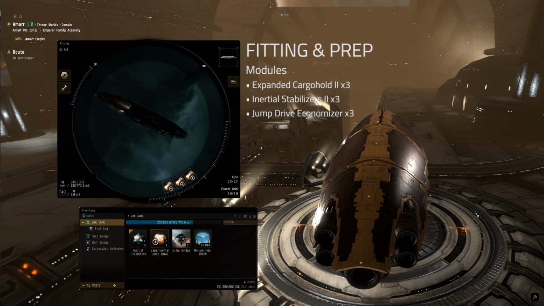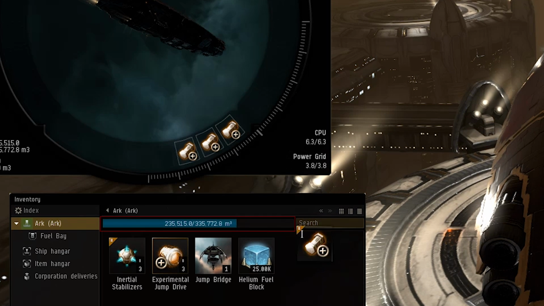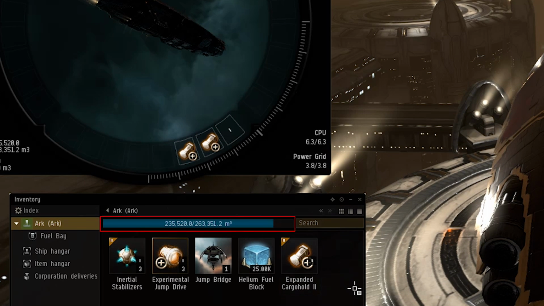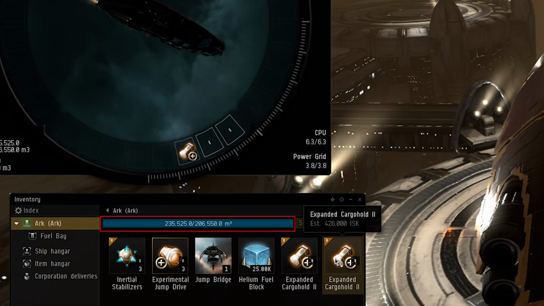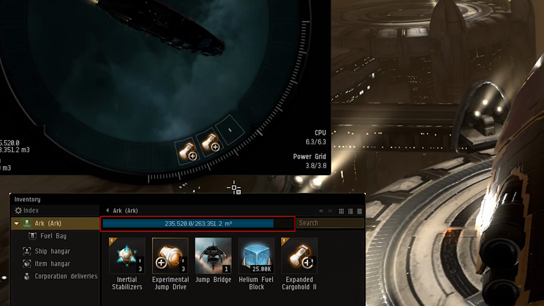So, for fitting and prep on a jump freighter, you are going to need some modules. Now, some expanded cargo holds, inertial stabs, and jump drive economizers are going to be required, and I'm going to change those depending on what the actual purpose is of my trip. So you can see here I'm going to refit until I do have just enough cargo to fit my modules without being over on cargo, because of course that would prevent you from undocking, and then the remaining slots I'm going to fill up initially with jump drive economizers. Now this is going to make my trip just a little bit cheaper overall,